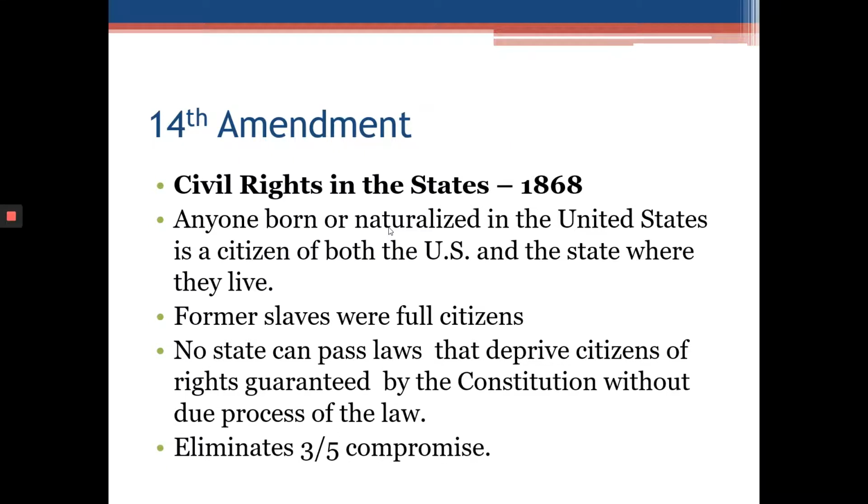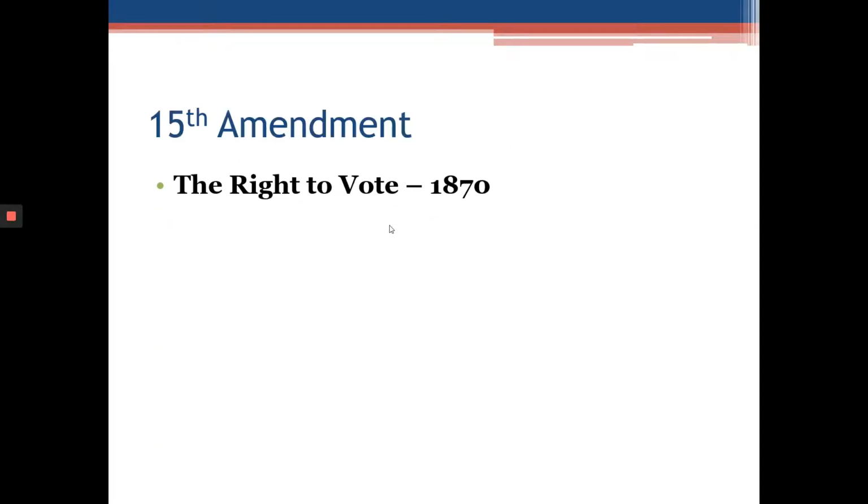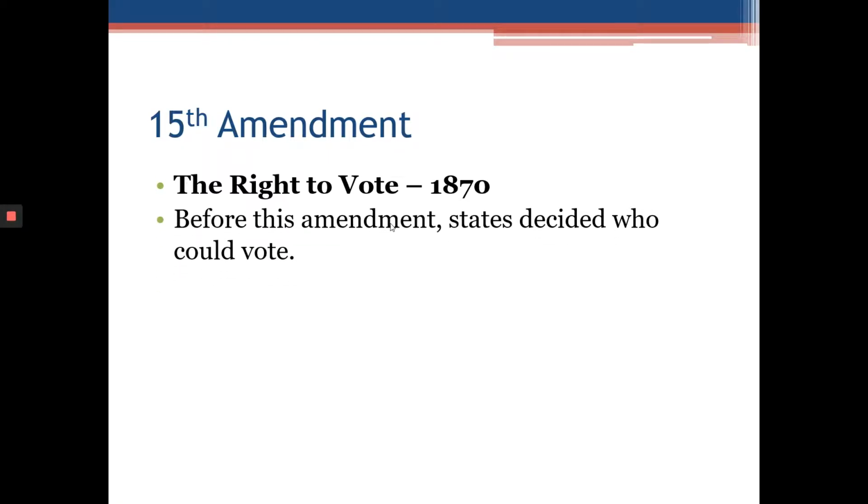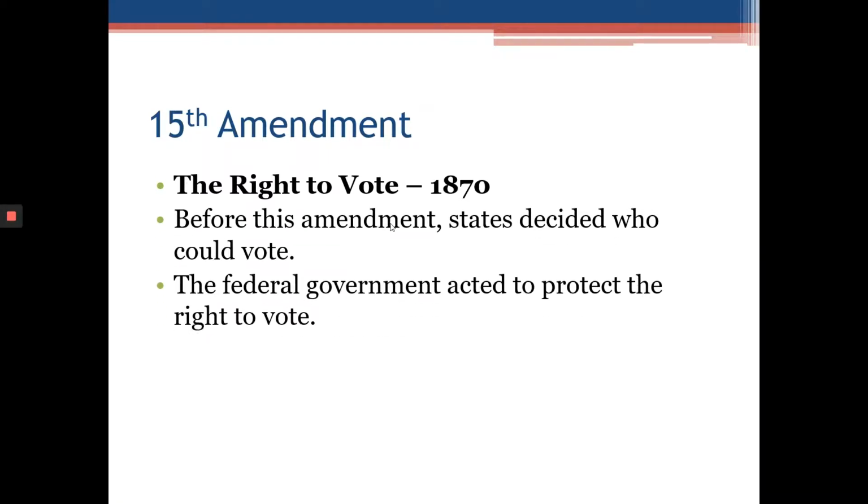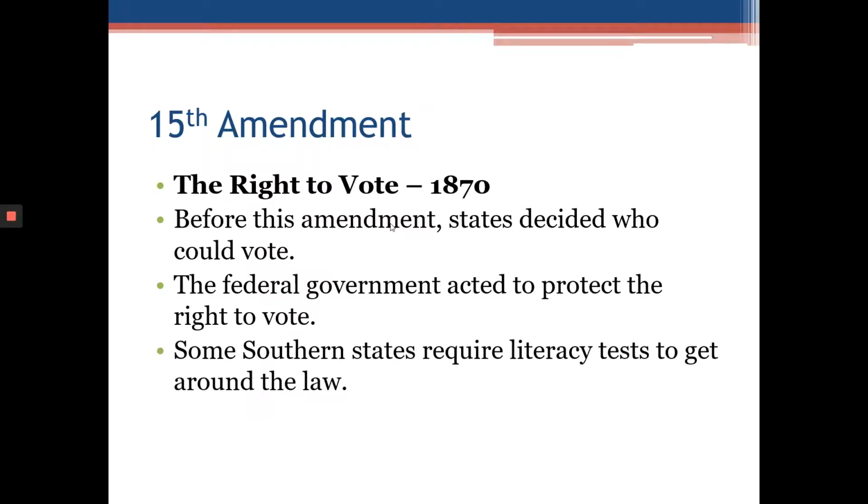The 14th Amendment does eliminate one of the most evil portions of the Constitution, and that was the Three-Fifths Compromise. The 15th Amendment is the last of the Civil War amendments or the Reconstruction amendments, and this deals with the right to vote according to race. So before this amendment, states decided who could vote. The federal government acted to protect the right to vote, and so what we get here is the right for black males to vote